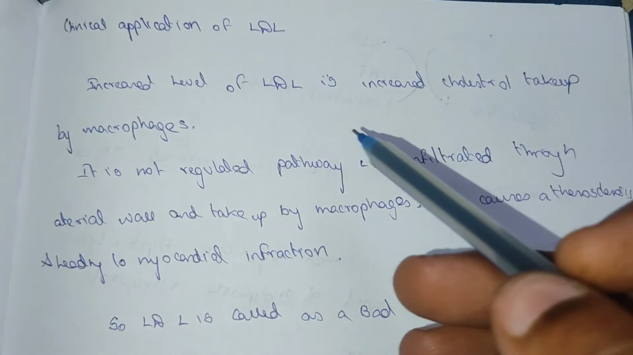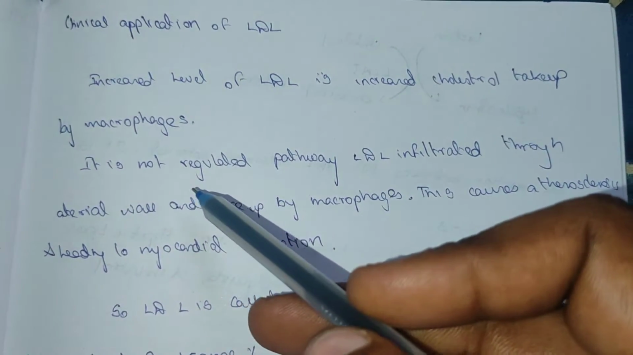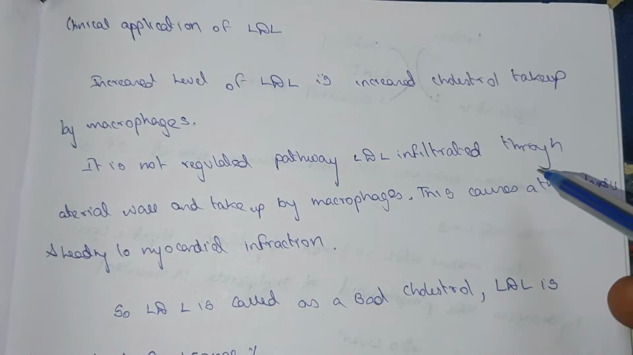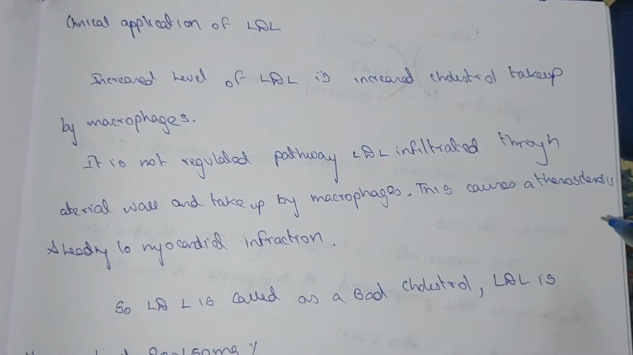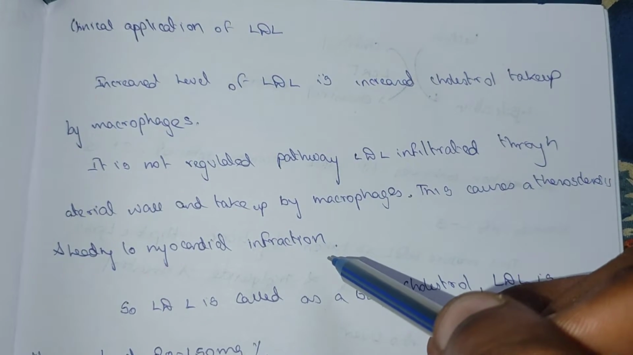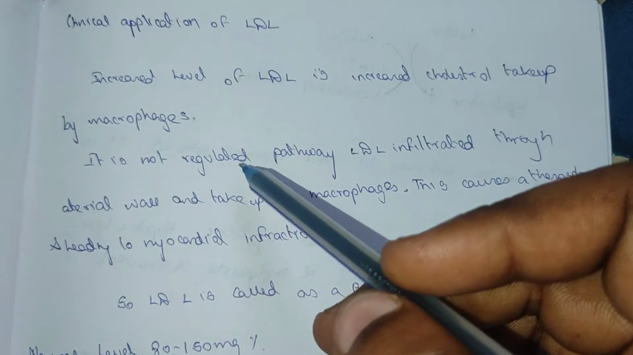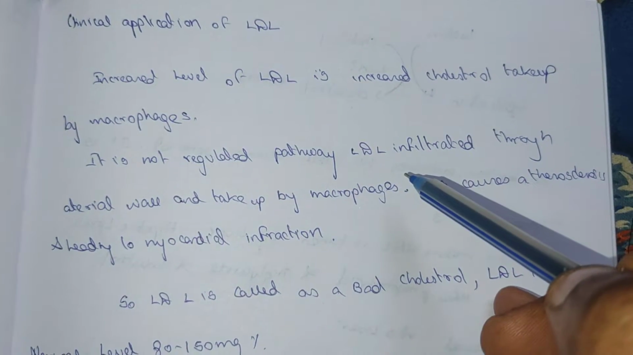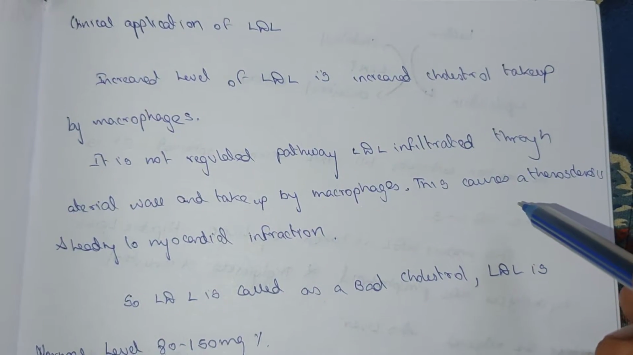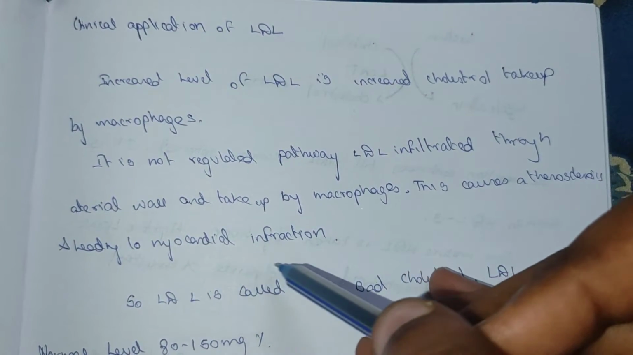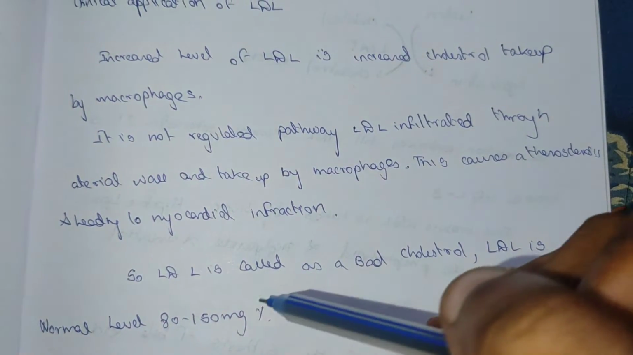The clinical application of the LDL: with an increased level of LDL, increased cholesterol is taken up by the macrophage, and it is not a regulated pathway. The LDL is infiltrated through the arterial wall and taken up by the macrophage. This causes atherosclerosis leading to myocardial infarction. So the LDL is called bad cholesterol, and the normal level of LDL is 80